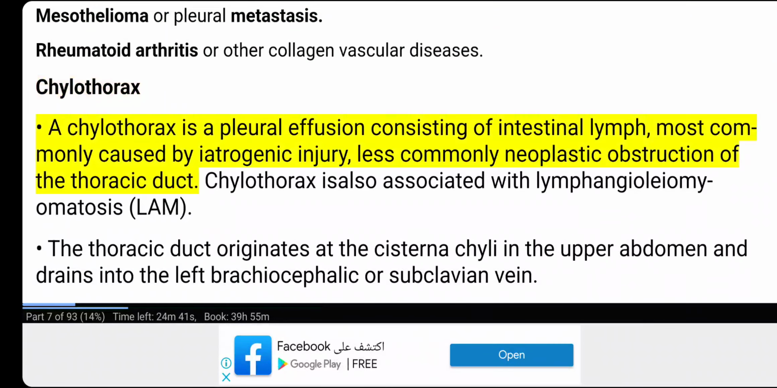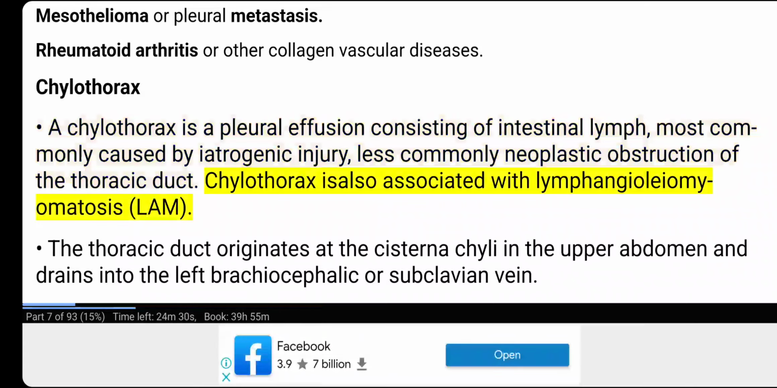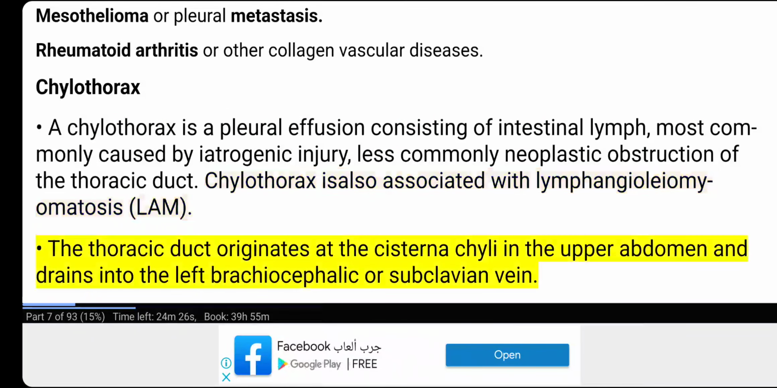Chylothorax. A chylothorax is a pleural effusion consisting of intestinal lymph, most commonly caused by iatrogenic injury, less commonly neoplastic obstruction of the thoracic duct. Chylothorax is also associated with lymphangioleiomyomatosis (LAM). The thoracic duct originates at the cisterna chyli in the upper abdomen and drains into the left brachiocephalic or subclavian